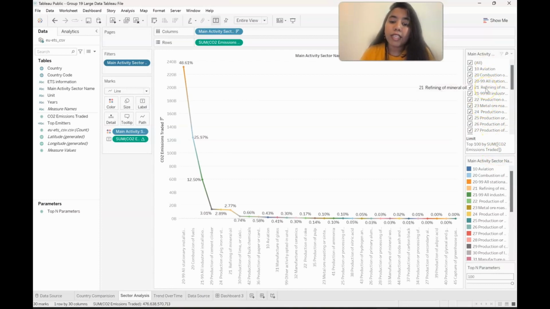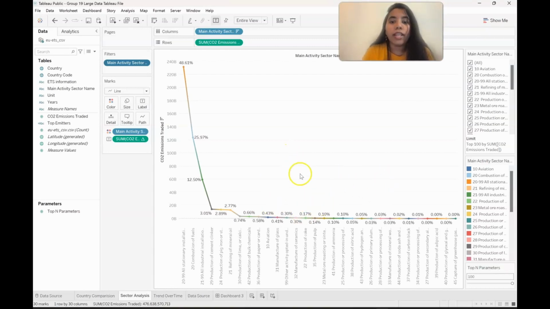So these filters may include industry types according to our requirement. This ensures that our observations are aspects most relevant to our analysis goals. And coming to a detailed explanation of the sector analysis chart, this chart describes the emissions of CO2 by